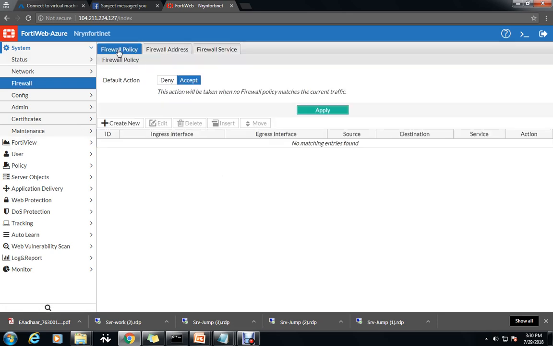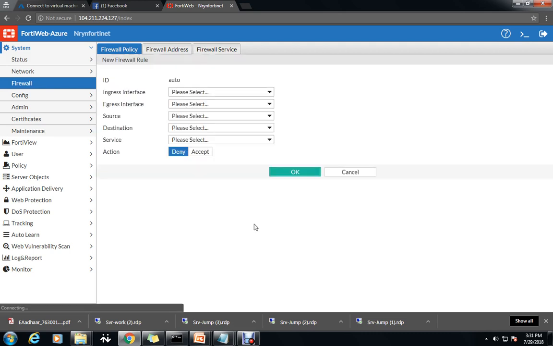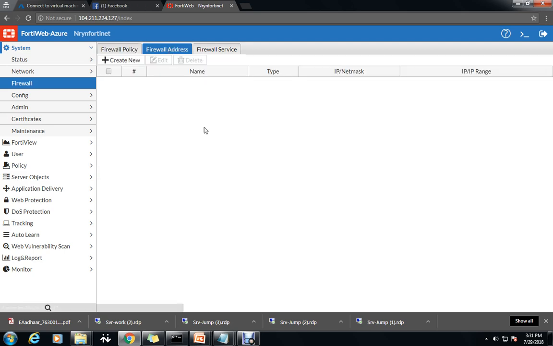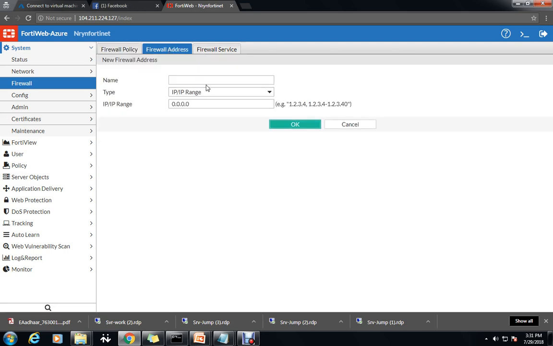If we talk about firewall policies, firewall addresses, and firewall services, let's see what they actually are. I believe we can create a firewall policy here, create new. I don't have much idea about this, guys. Port 1 again, and port 2, if I select source, nothing is coming, so I can't tell you much about this because nothing is showing. If you know, guys, you can do it easily,